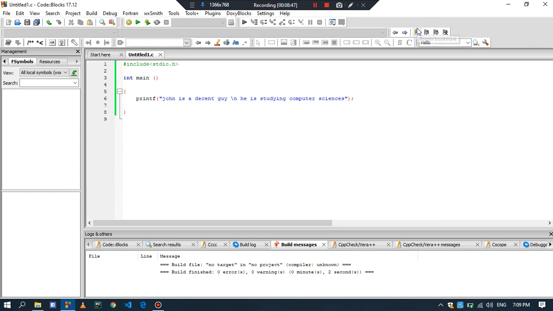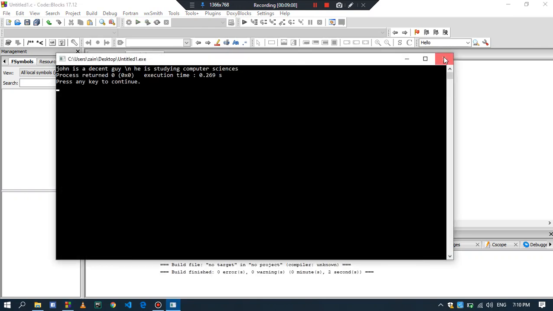Actually in C coding \n stands for shifting the program to the second line. So if you want to print \n on the screen, you will have to add a double backslash, and then a single \n is printed on the screen. This is what I want to say.